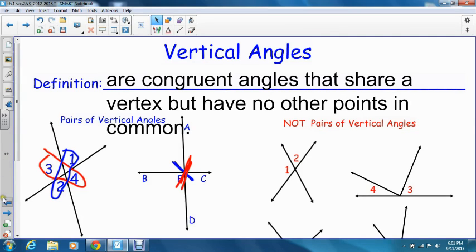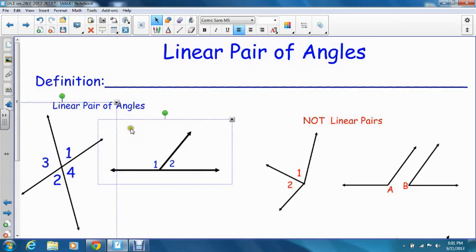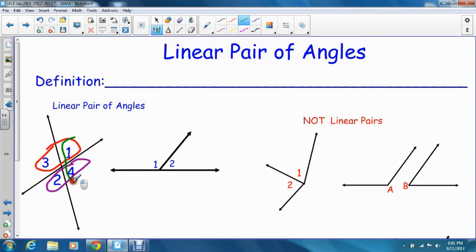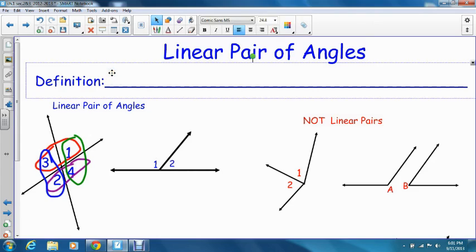Okay. Next term that we'll talk about is a linear pair of angles. Some examples of these would be angle 1 and angle 3. Those are a linear pair of angles. Angles 2 and 4 are a linear pair of angles. Angles 1 and 4 are a linear pair of angles. And finally, angles 2 and 3 would be a linear pair. Notice 1 and 2 here are a linear pair. So, based on what we see in that picture, a linear pair of angles